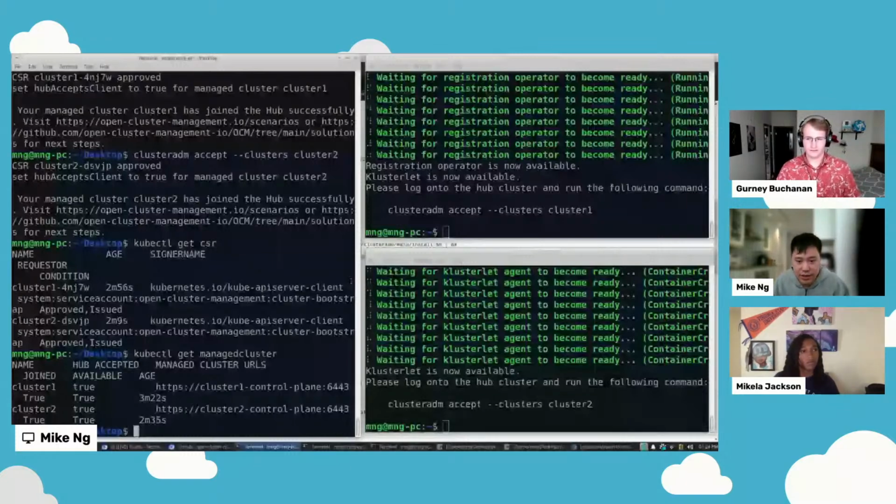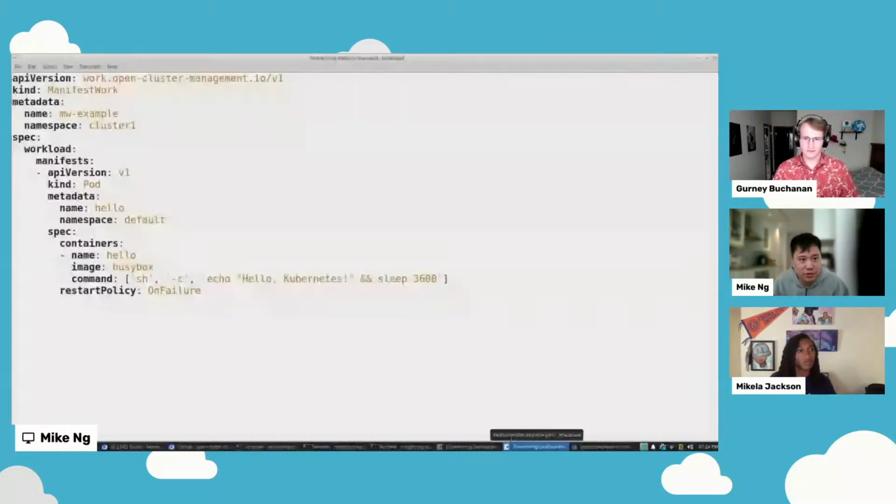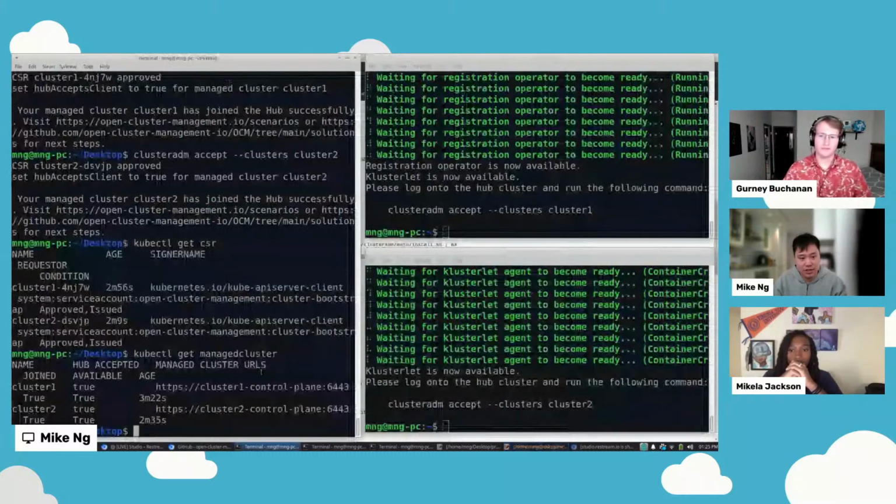This is done in Open Cluster Management through the Manifest Work API. After the registration is completed, each remote cluster has its own designated namespace on the hub cluster side.